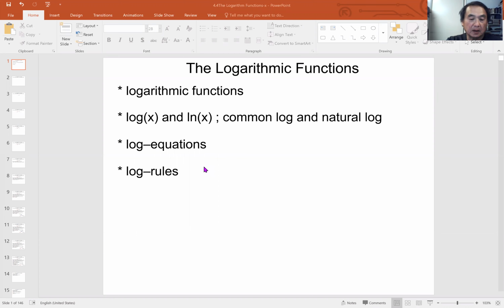Okay, so what we are going to do in these sections is look at the definition of log functions, introducing the two different types of logs we use the most, the ones that are on your calculator, the common log and the natural log. Then we're going to look at simple log equations. Then finally we look at the rules for logarithms. So we start out with